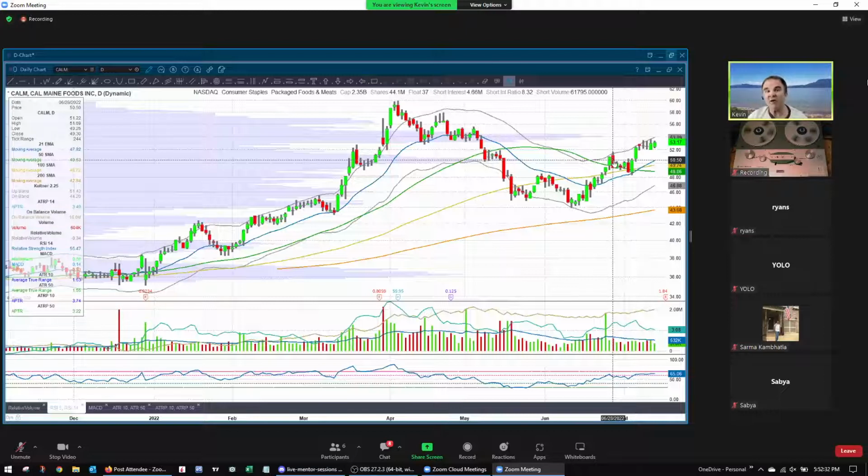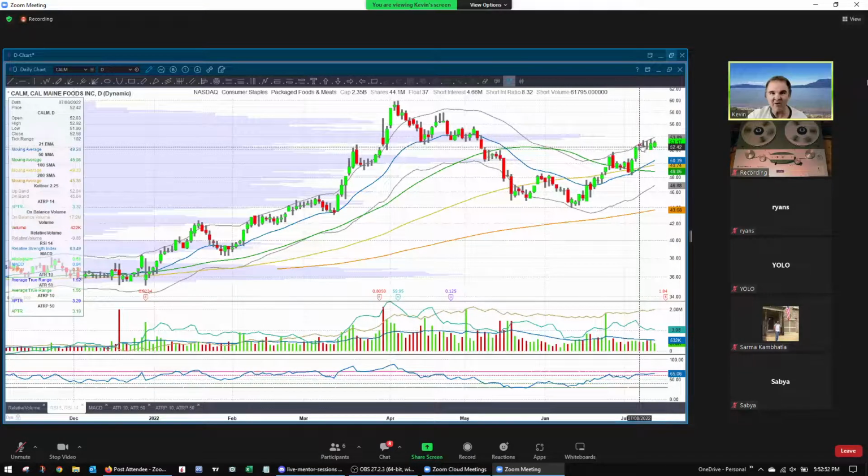But maybe you think this can run farther. You think those shorts can get squeezed even harder. So you're only going to sell maybe half your position. And it goes down a little more, but then it pretty much goes sideways. And then we get another move up. And you can see when we get this next move up, we get two really good days.